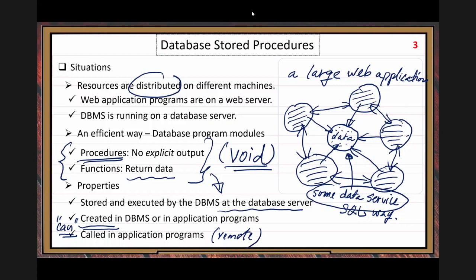You call remotely, but these stored procedures are executed in the DBMS. Then we can compare their efficiency, performance, and response time. Next slide, let's discuss the data service response time.